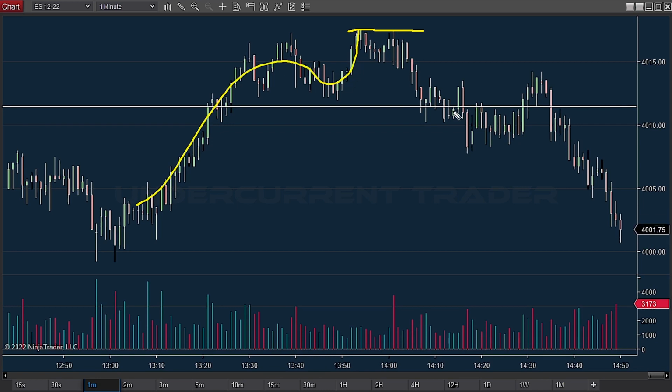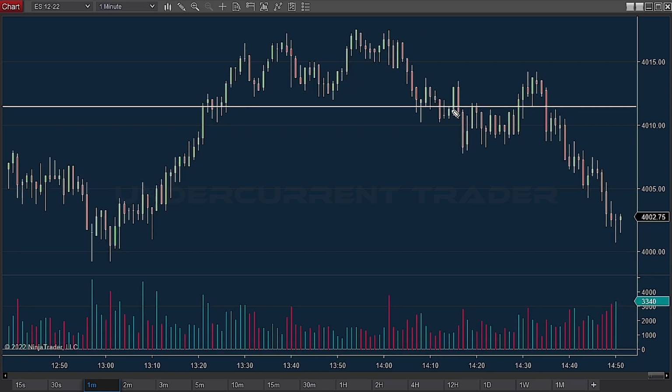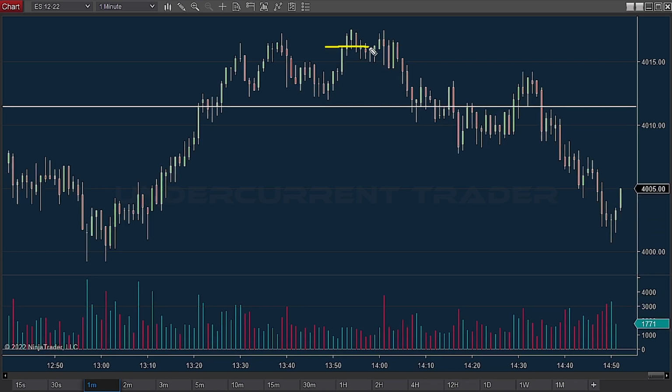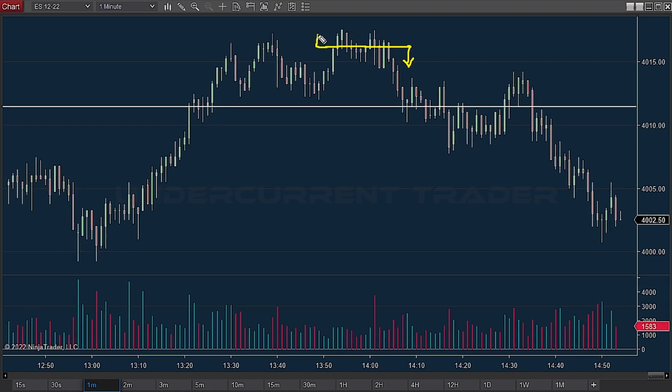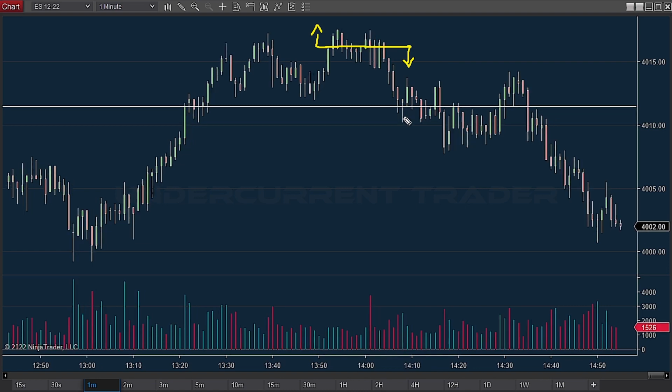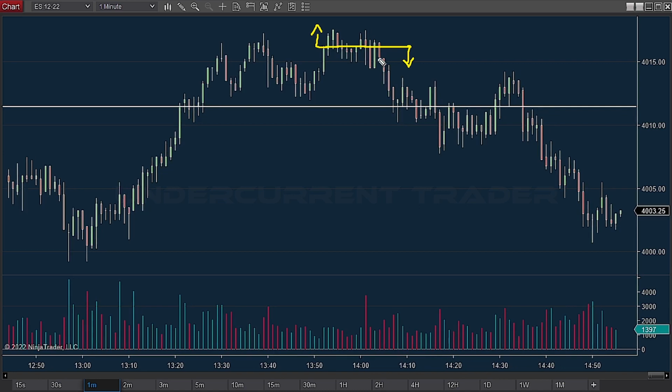When you see such a pattern, it's important to take note of the neckline. This is because the neckline serves as a key level of support and resistance. If the price breaks below the neckline, it could signal a further decline. However, if the price rallies back above the neckline, it could indicate that the trend is still intact. In this case, the price failed to rally back, setting a bearish trend, which accelerated, as you can see, after